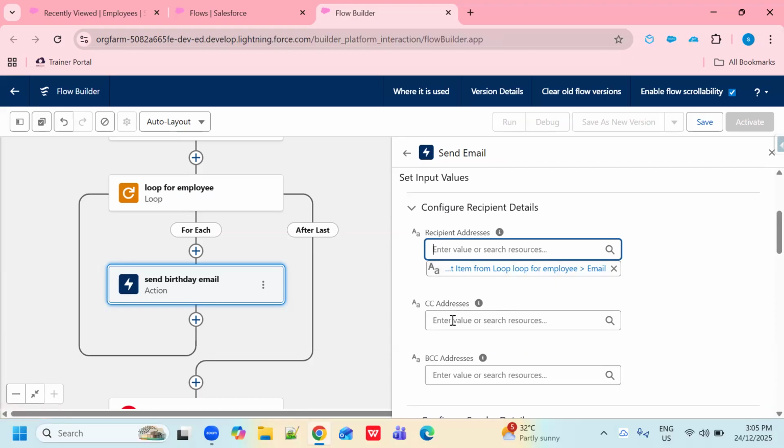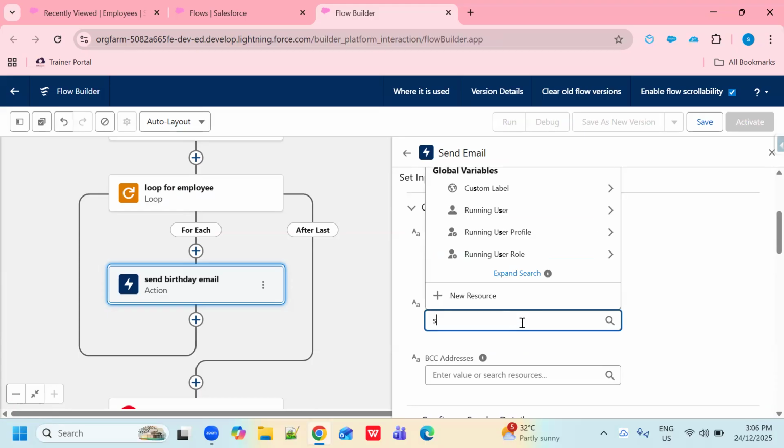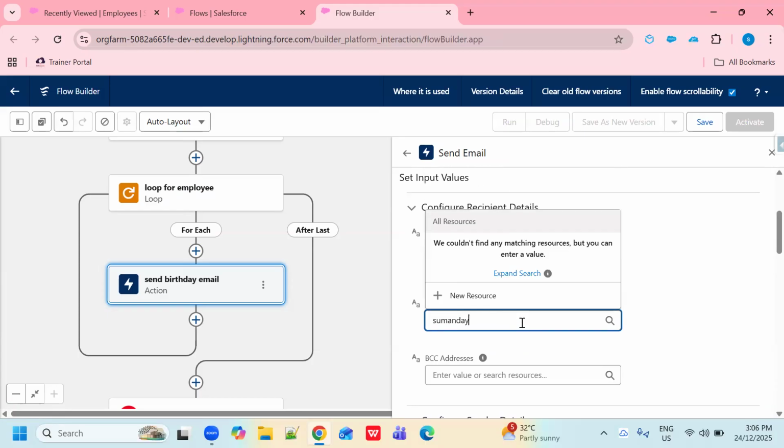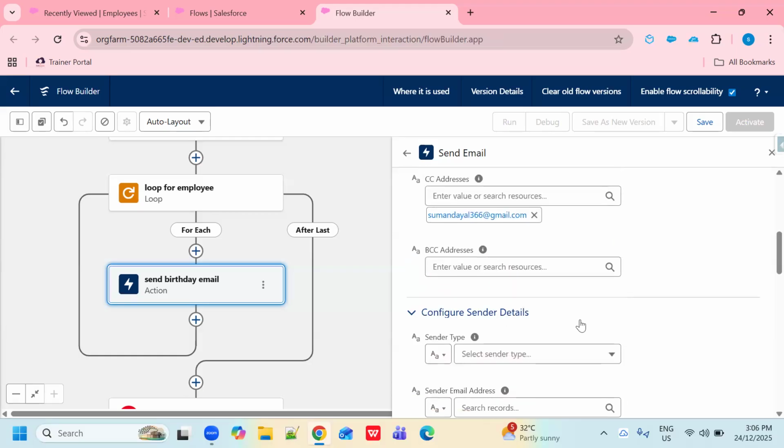So if you want to give any address as a CC, you can give it here by selecting the same field, or you can type manually. For example, I want to send here as a CC. So there are two ways you can give your address here.